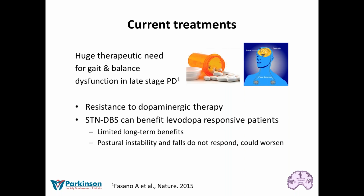All right, so right now in Parkinson's, we have basically two main ones. We have the use of oral medications, and we have the use of deep brain stimulation. The thing with treating postural and gait impairment in Parkinson's is that with time, these symptoms actually become resistant to dopaminergic therapy, or dopamine therapy. The most common one, used for over 40 years, is levodopa. There is some research trying to understand why there's this resistance, and it could be because these gait disturbances are not due to dopamine loss, but maybe due to acetylcholine loss,